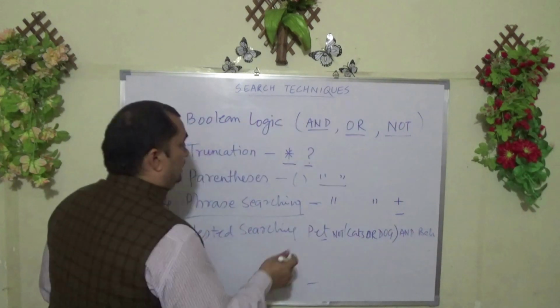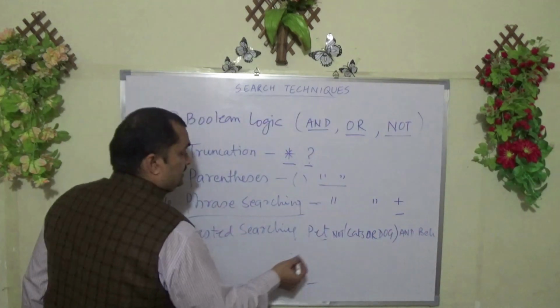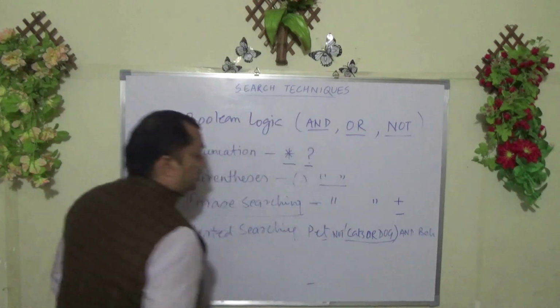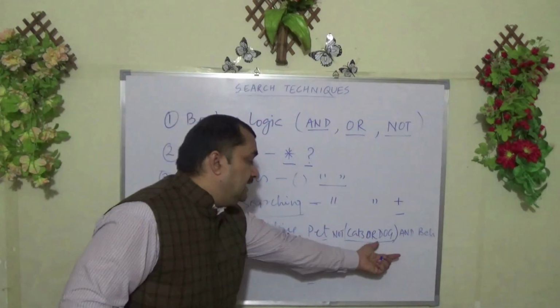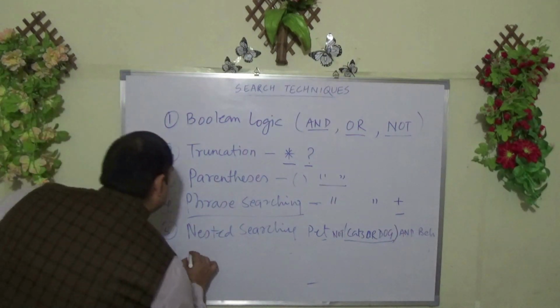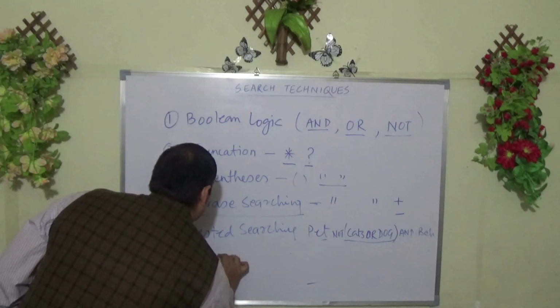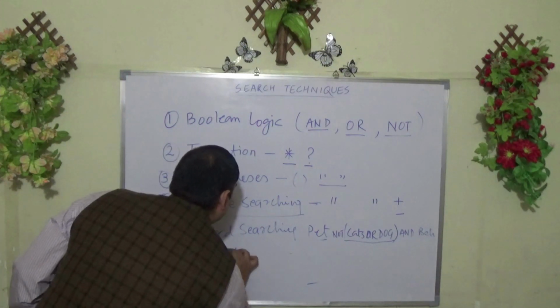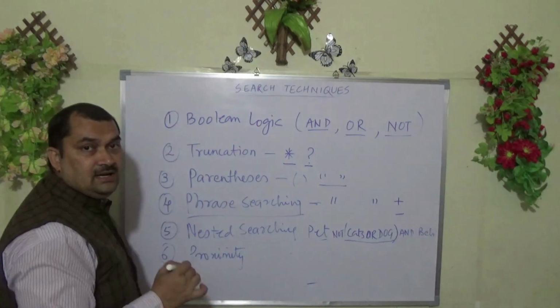So what it did, it searched the behavior of all pets, but it excluded from the result the cats and dogs. And the last one we saw was the proximity, which is done in the full text database,